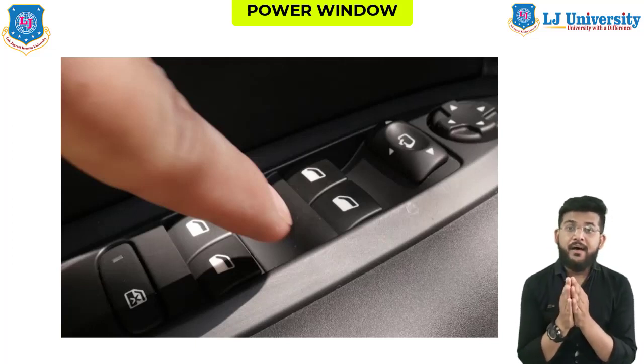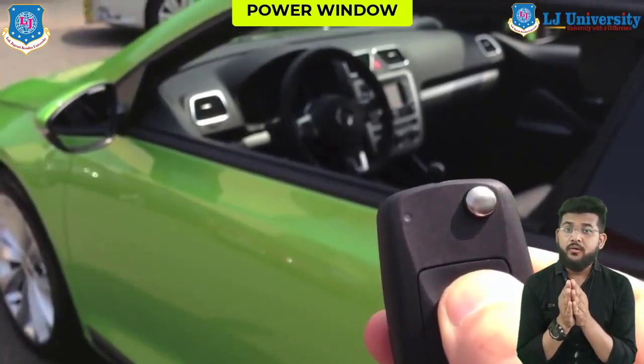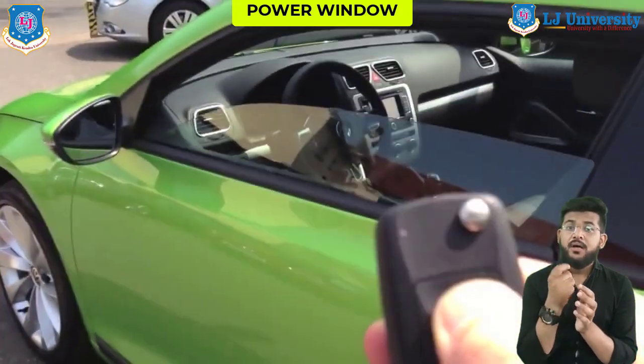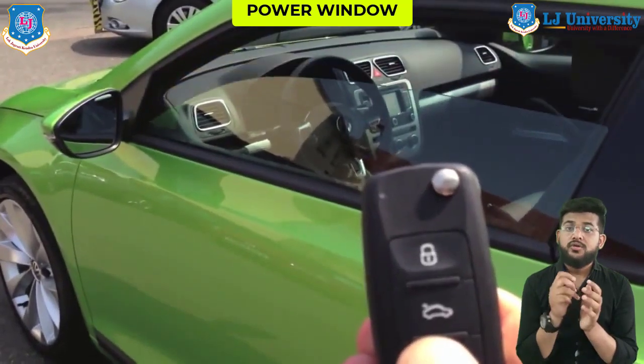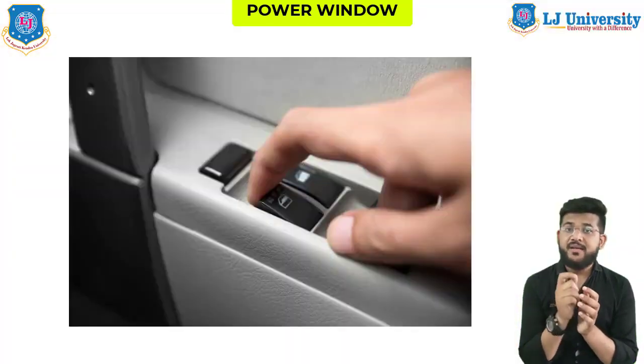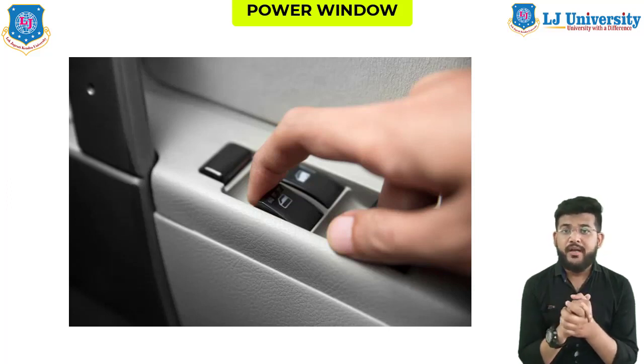Now, there are some interesting features about the power window. There is also automatic up or down. The automatic up-down feature is fairly common in all cars with power windows. You only need to tap and release the down switch and the window will go all the way down without you applying any force.